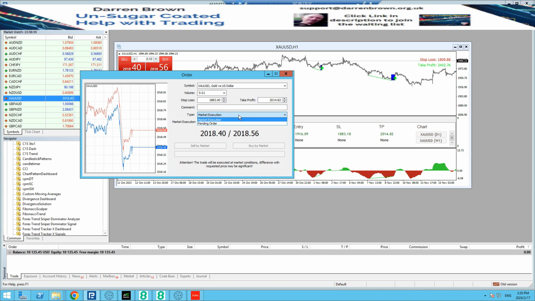And this is going to be a pending order, and this is going to be a buy limit. What I'll do is I'll do it as a market execution. So what this means is this is going to go straight in. Okay, so if I do pending order, I probably won't be able to place the order anyway because the market